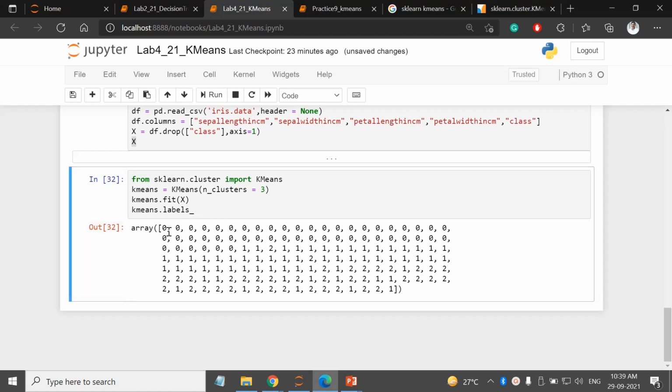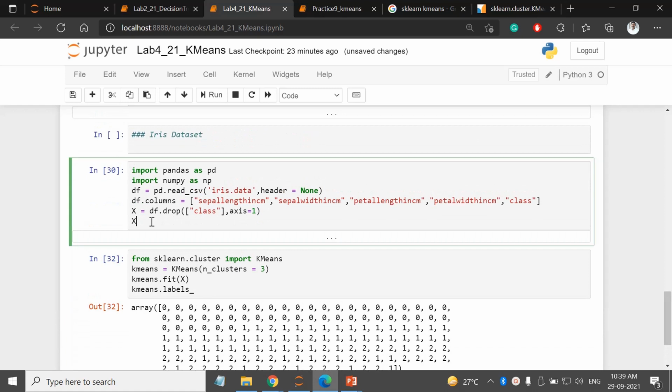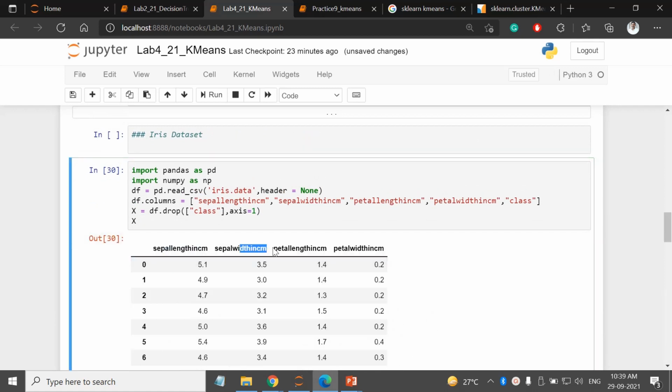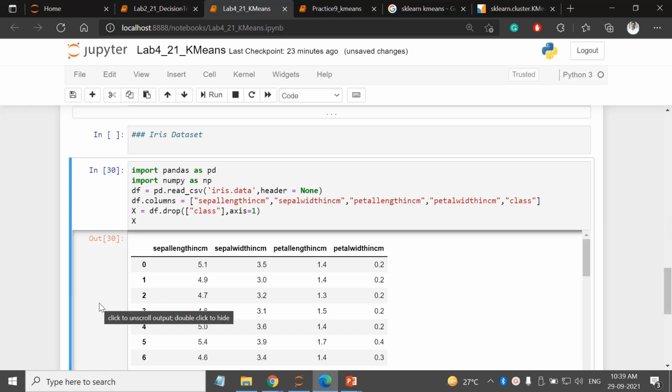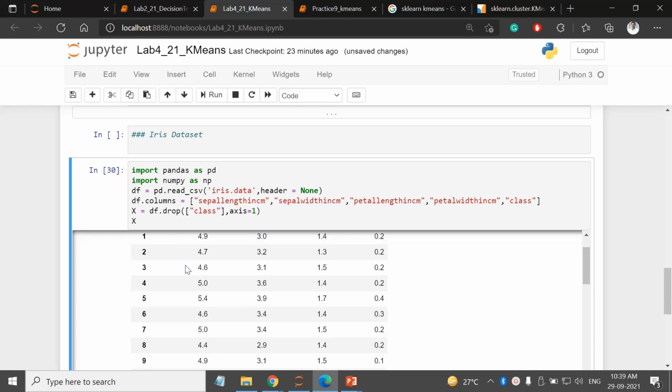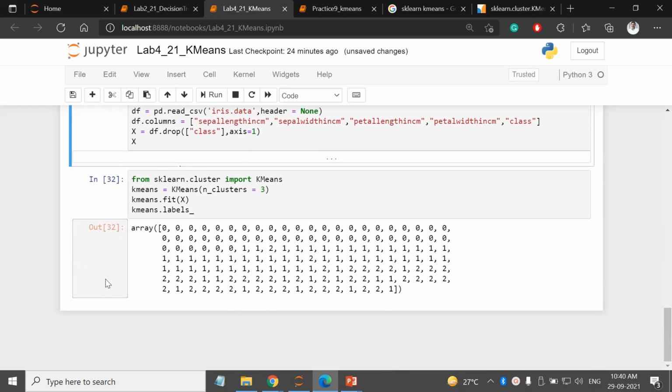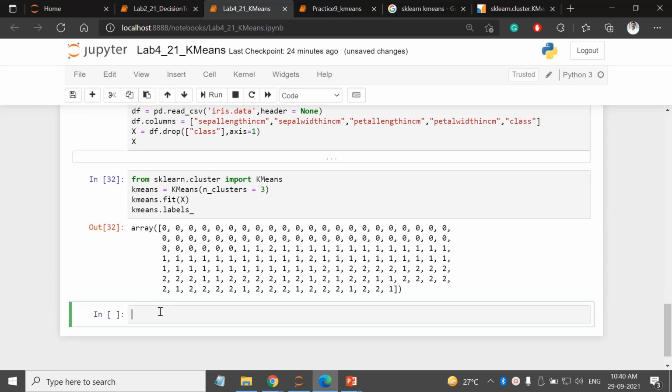Now I can print it, but this data set is having four attributes. So at one time I can show you the 2 attributes only. So let me show you the 2 attributes. I will use the plt dot scatter, and from x I want that attribute.